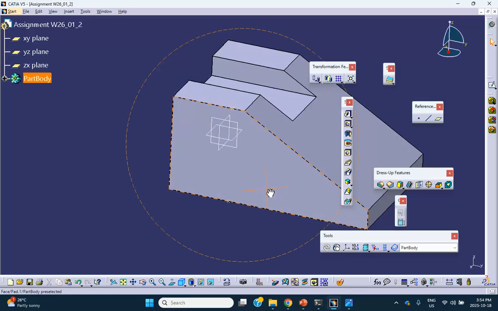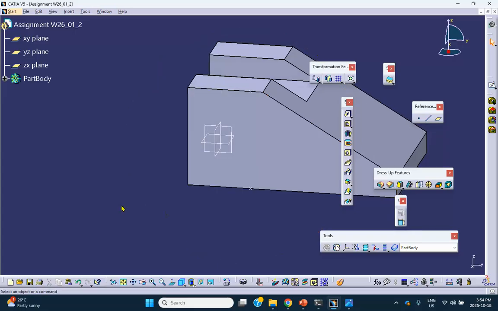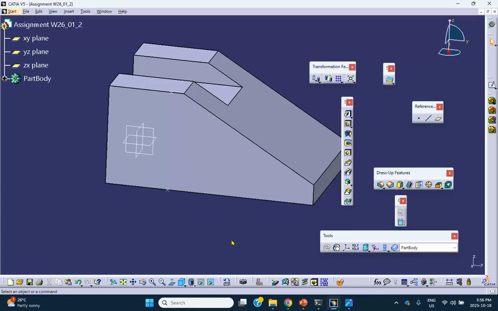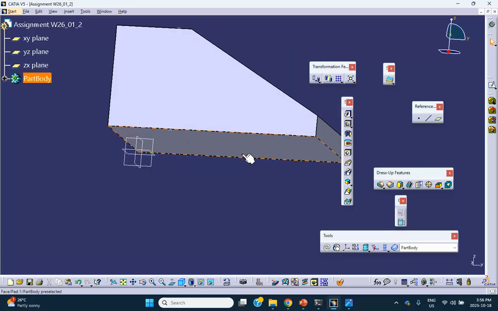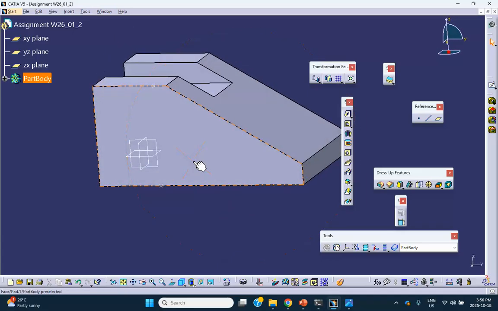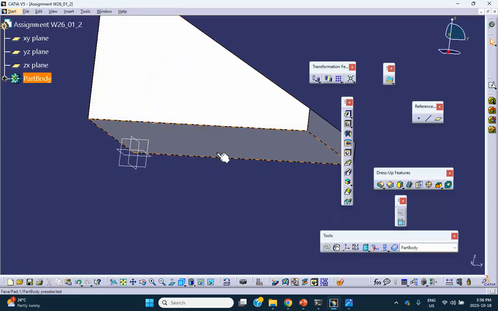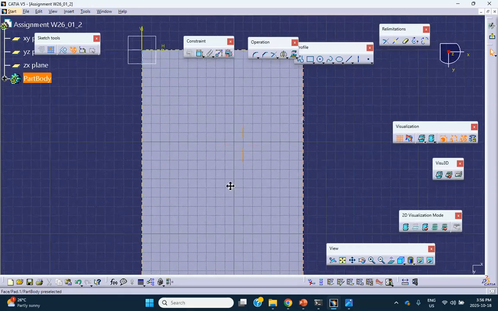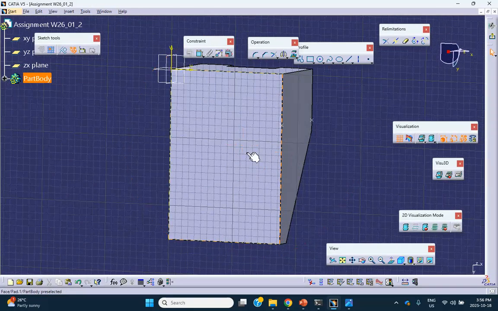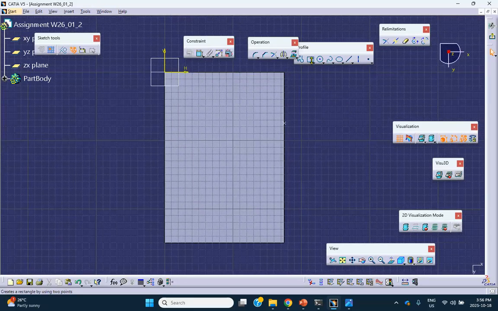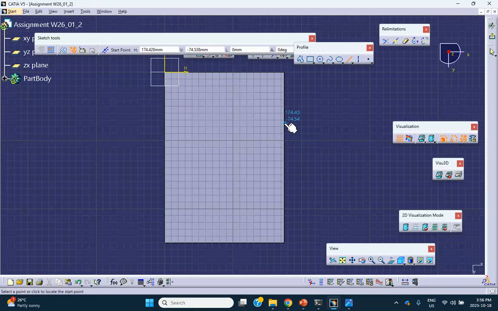And please note that there are different ways of doing this. One way of doing that is to draw a line on this face, which is at 30 degrees to the direction that I want. So select this plane and sketch on it. Okay, let me see where we are now. I want to draw a line that's 30 degrees like this. Let me look at the normal view. So here is a line that goes from this point,